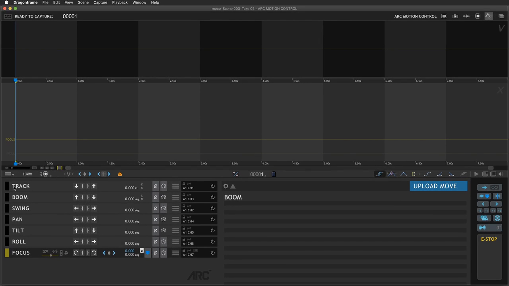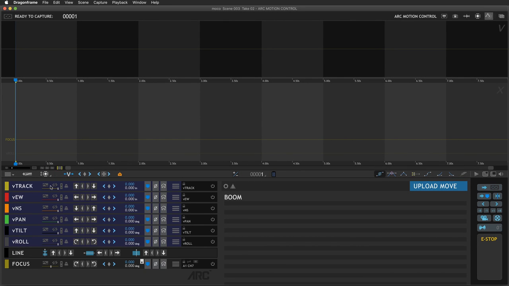Now let's actually look at the virtual axes. We hit the V button there, and this is what we're going to be programming with in this mode. We have virtual track, virtual east-west, which is a combination of swing and track, virtual north-south, a combination of track and boom, and then our V-pan, V-tilt, V-roll, which right now our system is actually set up on nodal,